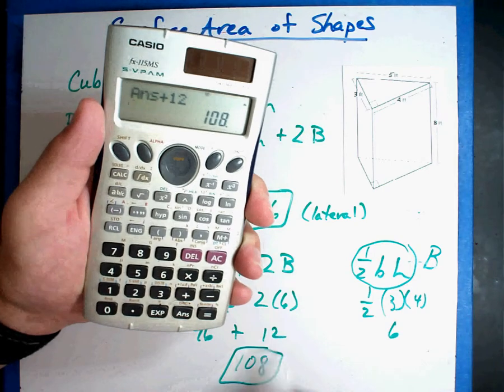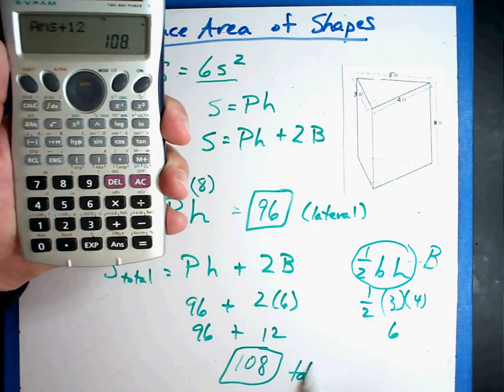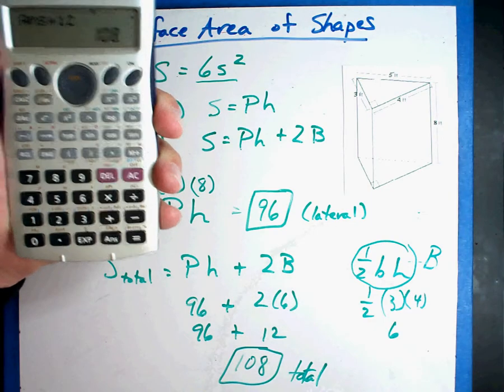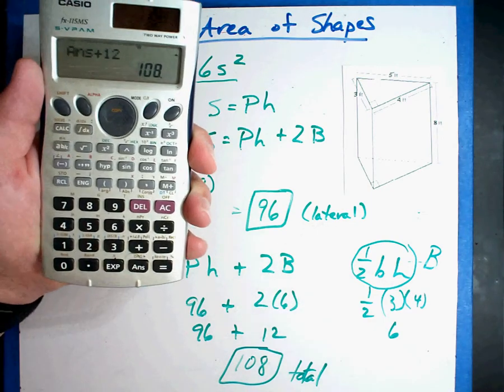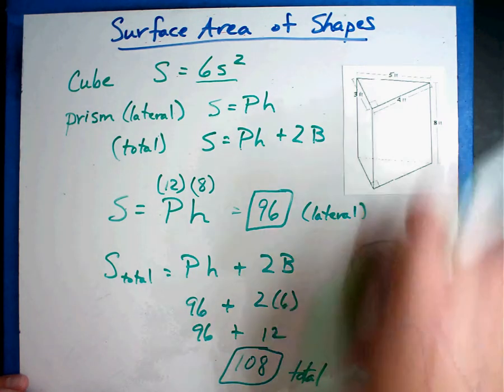That one's a little difficult. Notice there's a difference between the answers. This is the one that was total, and this one was lateral. All I did was follow the formulas and plug the numbers where they go. Now, if you got confused on that, you may back the video up and watch that again, and make sure you see where I plug the numbers in. We're going to go on to another geometric